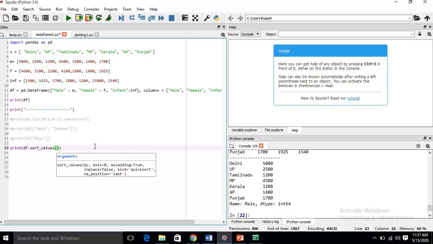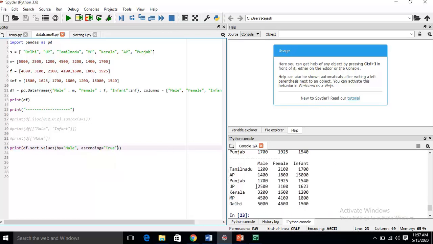Here you say by is equal to, we have to take the field male, then ascending is equal to true. Let me execute the code. You will see the data is arranged in ascending order of male population. You just see Tamil Nadu, then smaller, then AP, then Punjab, then UP. The entire data is set as per this field.